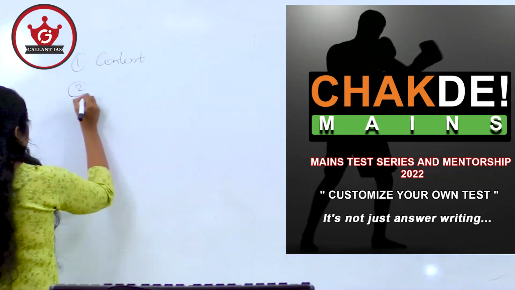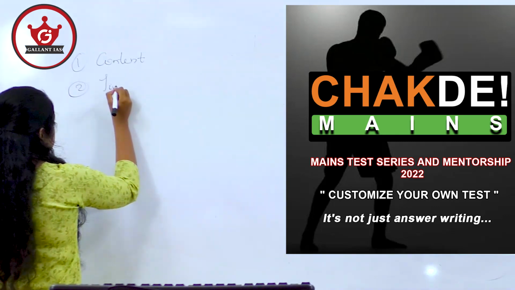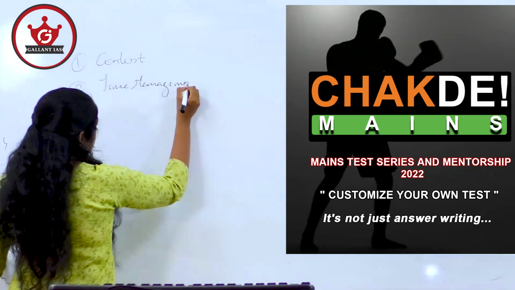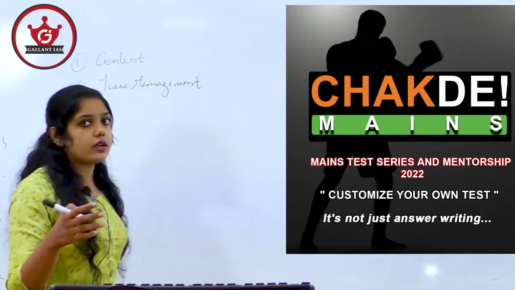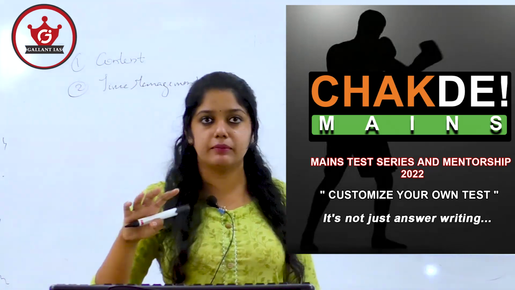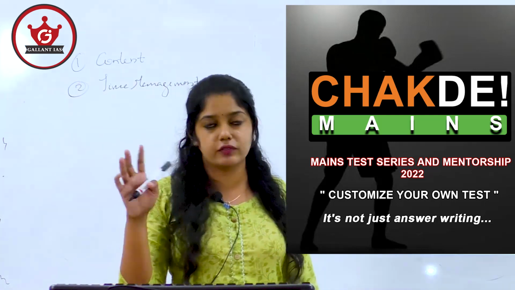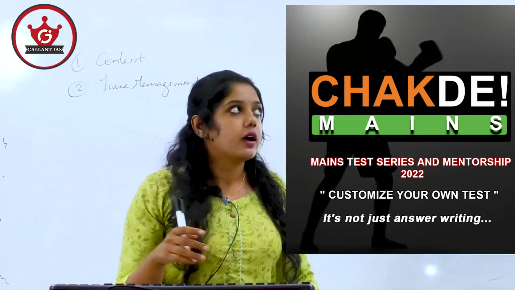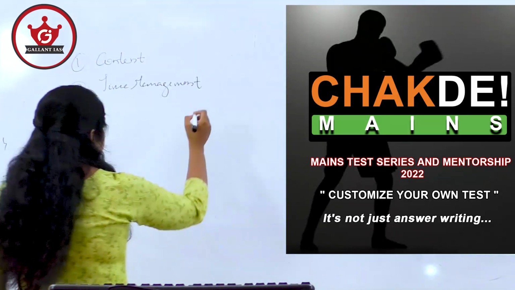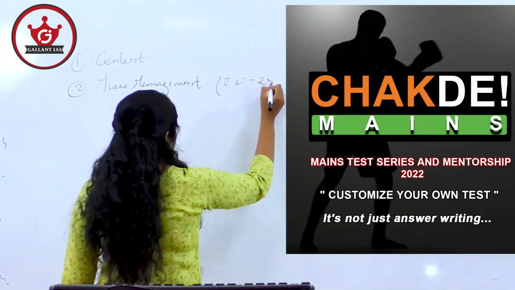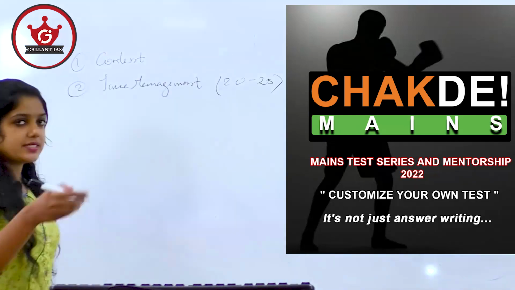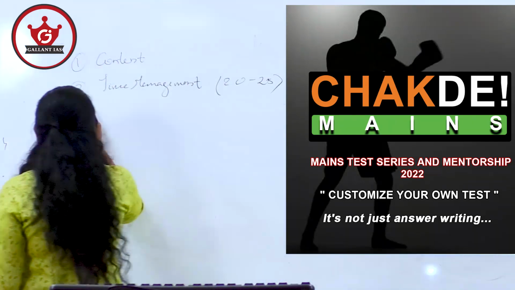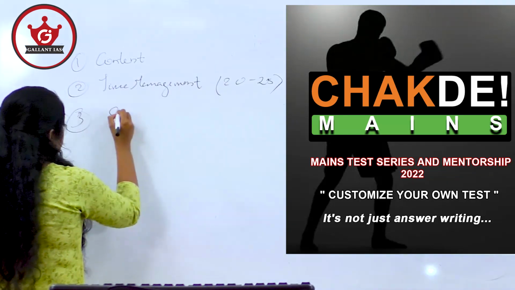Second is time management. This first bell was a trial kind of thing, so they were not asked to write in a prescribed time limit. I will explain the time frame of the UPSC examination. They were free to write in their own time, and they took almost 20-25 minutes for writing each answer. As a first stage it is fine, but it is not an ideal strategy. I will say why. And third is regarding structure.